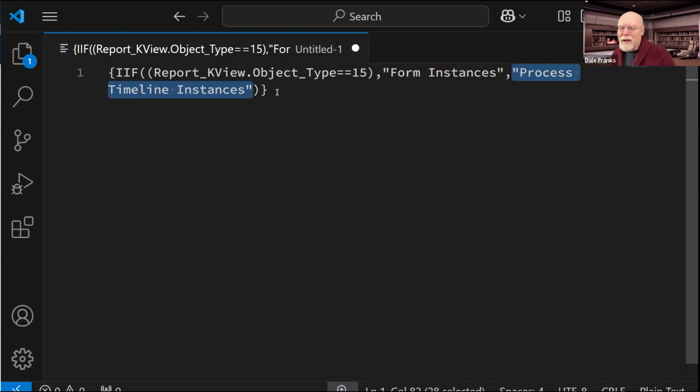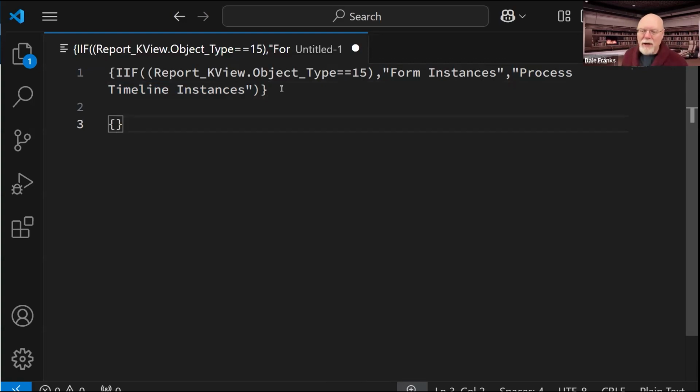This is called an if statement. And an if statement allows me to make a comparison and then return a value if true and a value if false. The syntax for it, and I am going to go ahead and include the if statement, is basically a system variable in the report.